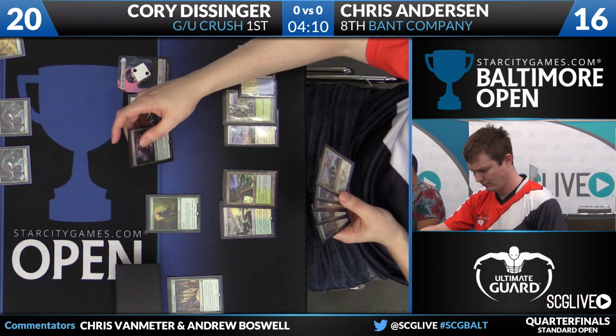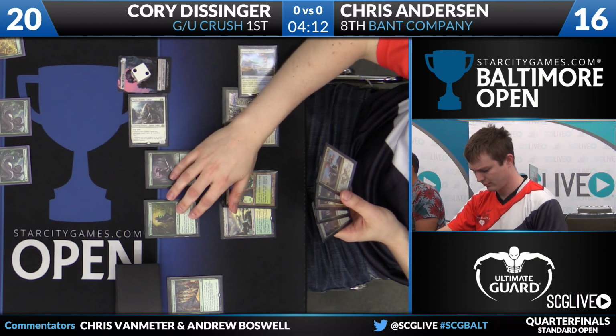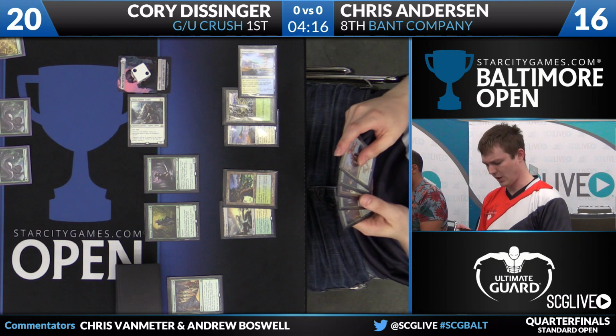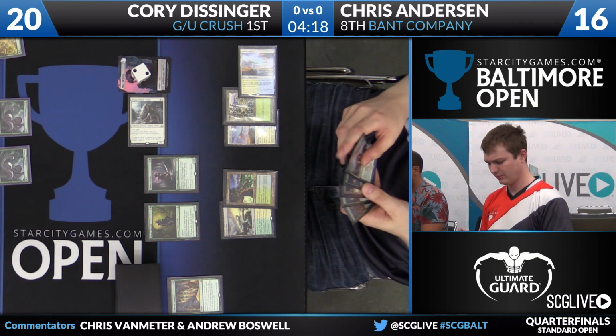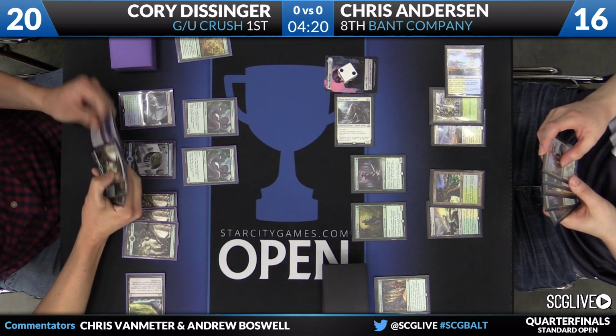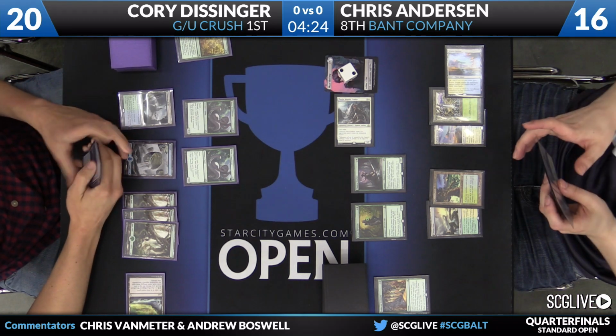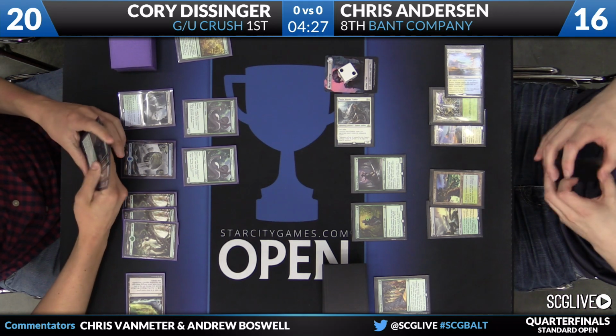And maybe the Tireless Tracker. I feel like if you're going to attack with anything, you might as well just attack with everything. Looks like it's just going to be the Thalia. He's trying to razzle-dazzle his opponent. Well, I think the reasoning behind this is because Chris can put a +1/+1 counter on the Thalia and then